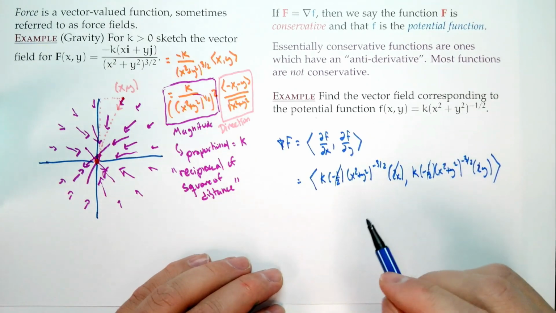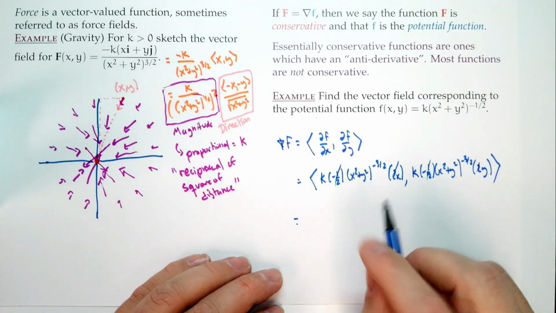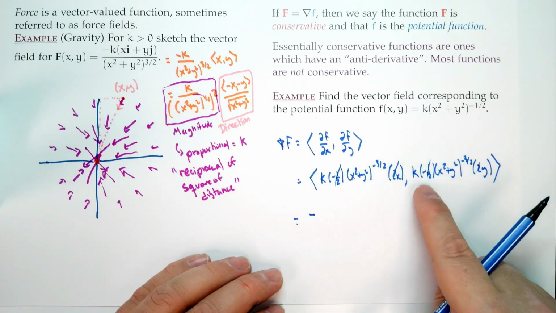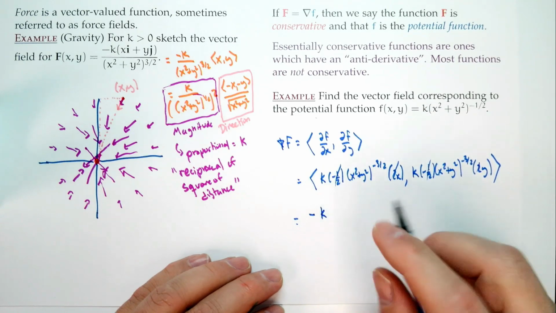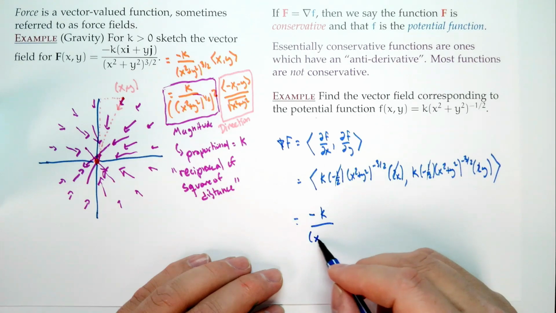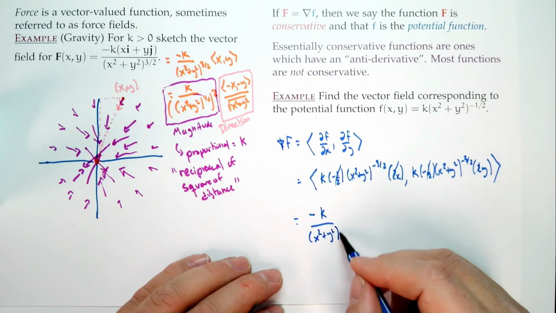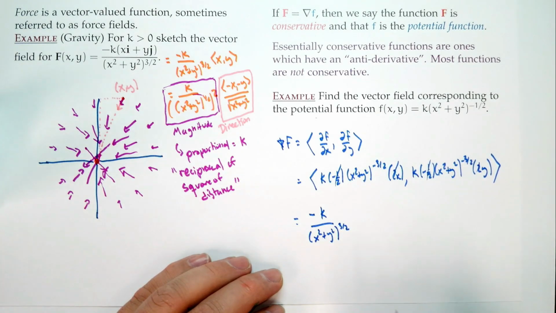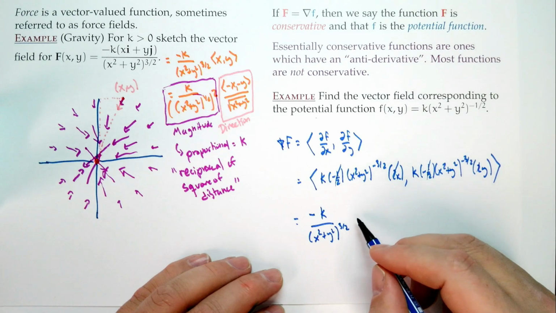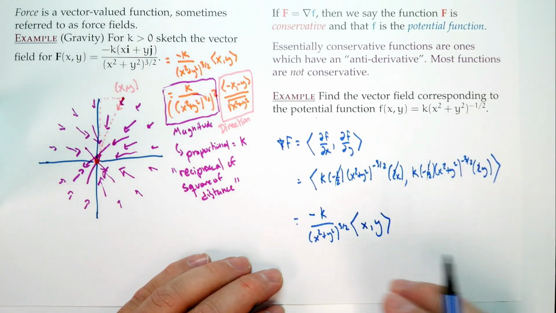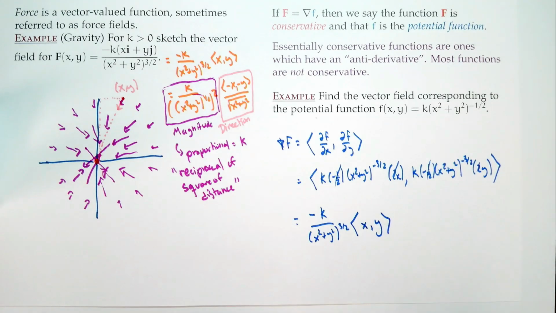What else can we do? Well, let's pull out what they have in common. There's a negative, so I'll pull that out. There's a k, pull that out. There's an (x squared plus y squared) to the negative 3/2, so I'll put that on the outside, x squared plus y squared to the 3/2, and I'll put it downstairs because it's the negative 3/2. All right, what haven't I pulled out? What I haven't pulled out is x from the first entry, y from the second entry, x comma y. Now we look at this and say,